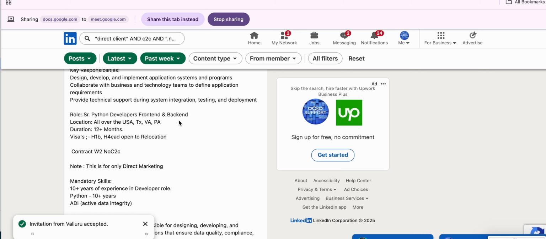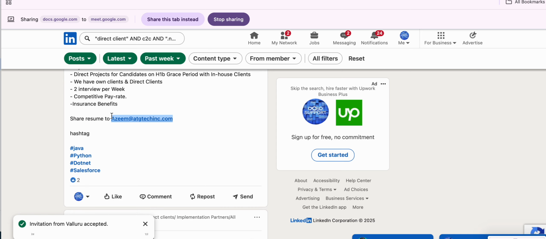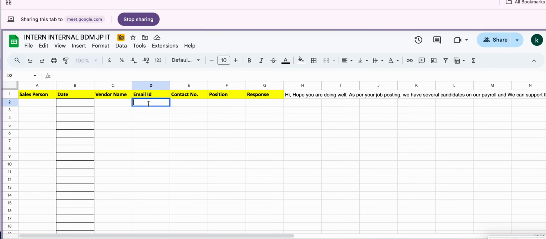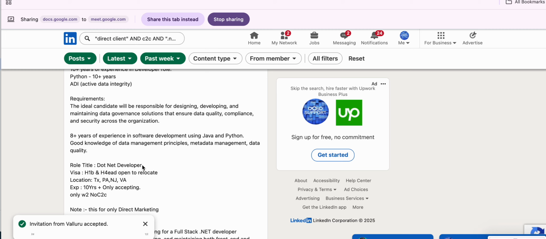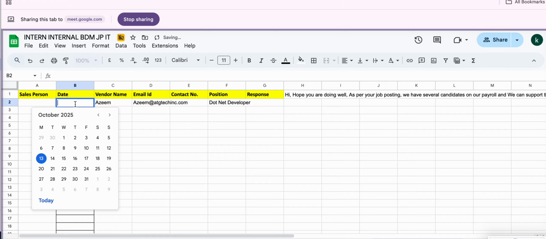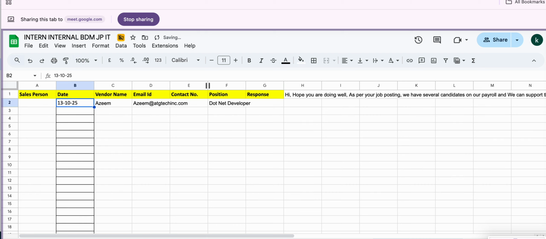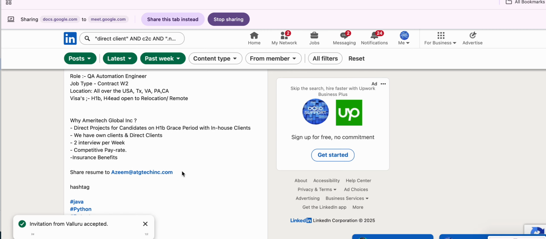So here we need to find the email ID of this person. We'll take this email ID, and first we'll go to our sheet. He did not mention any number in this, so we'll skip that. He has mentioned the position for .NET developer too, if you can see. So we'll write down the position. The contact number part would be blank, the name is Azim, and the date is today's date, whatever we are updating. And we'll copy this post completely